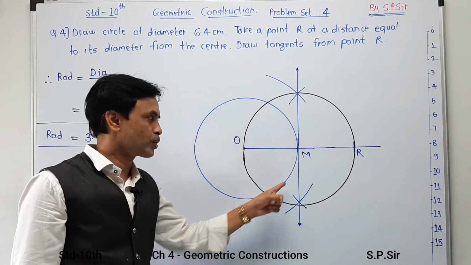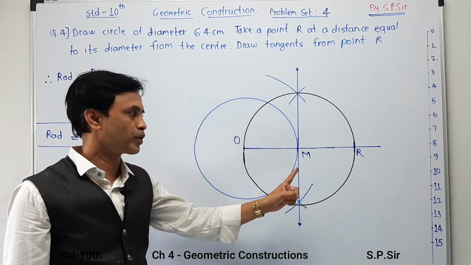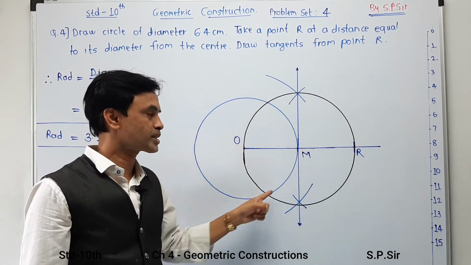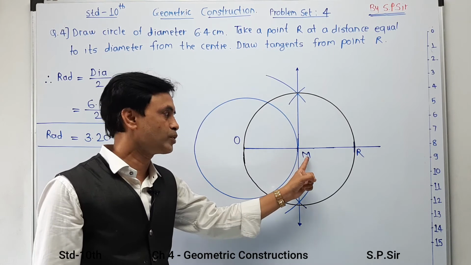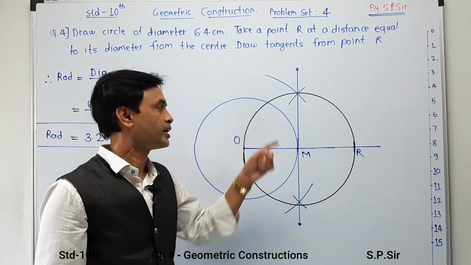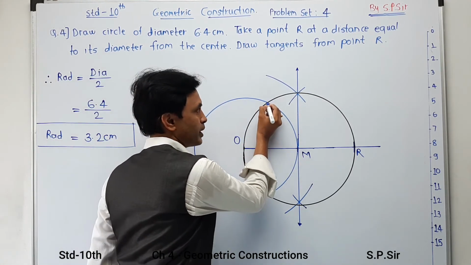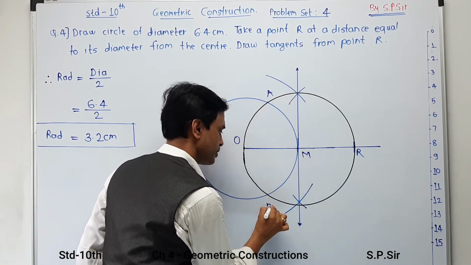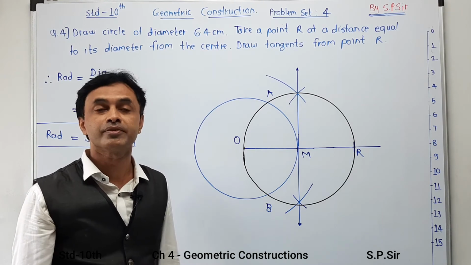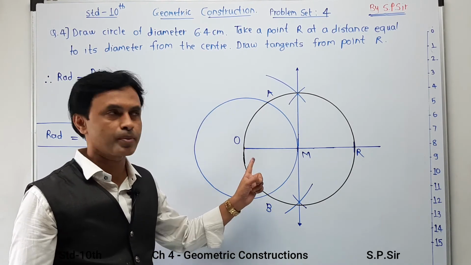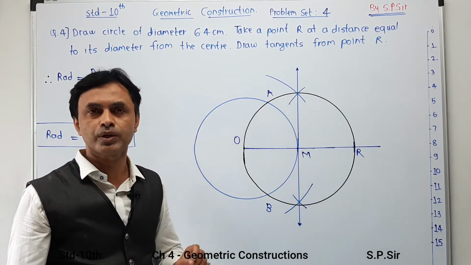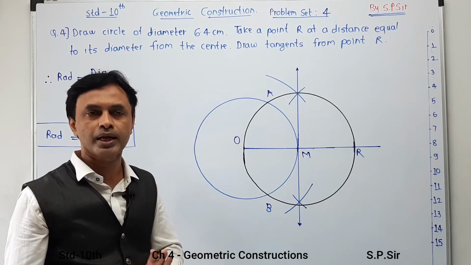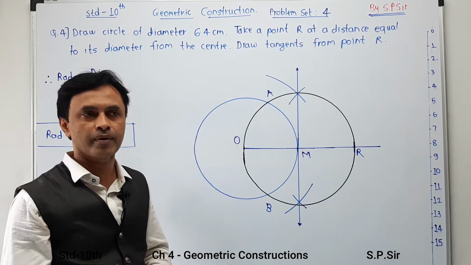Now it is your original circle with center O. Now you have drawn a circle with center M, but remember your original circle with center O and the new circle with center M touch each other at two different points. I am going to name them A and B, and these are specific points. Remember, in this numerical both circles are of equal radius, so you can call them congruent circles. This is only for this numerical. In a different diagram, different conditions will be available.